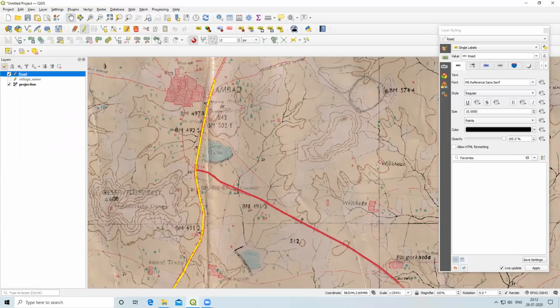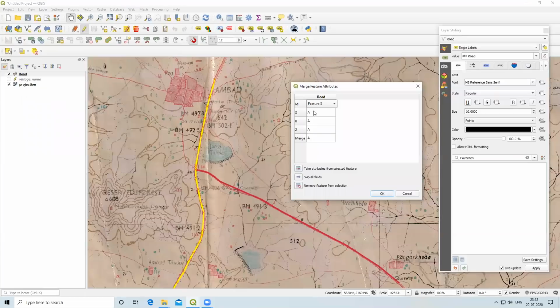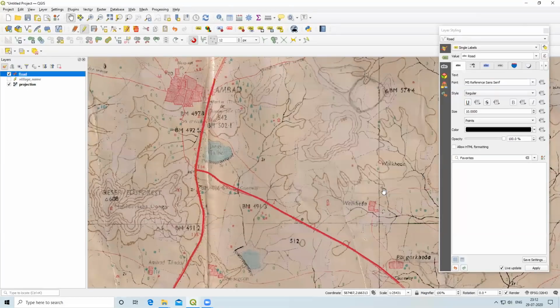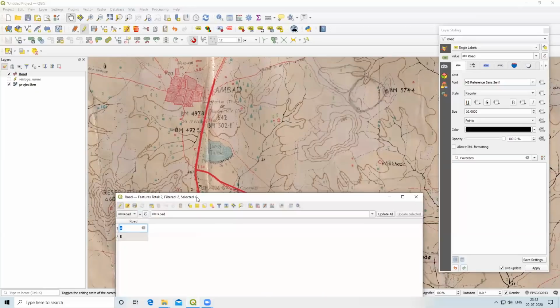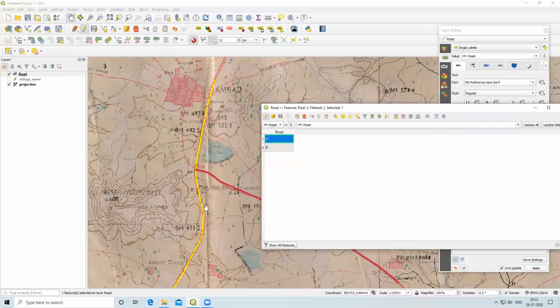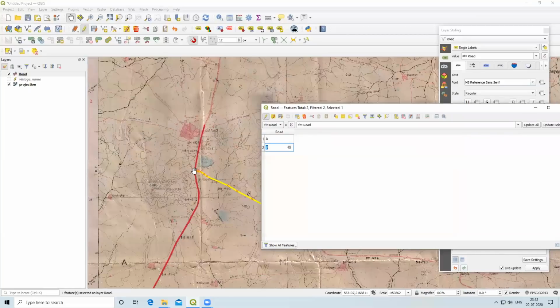After that, the merge selected feature option is there. I will select this. Now all my A features are selected. I will press OK, and now you can see in the attribute table, here is the single road and this one is another road. You can merge like this.